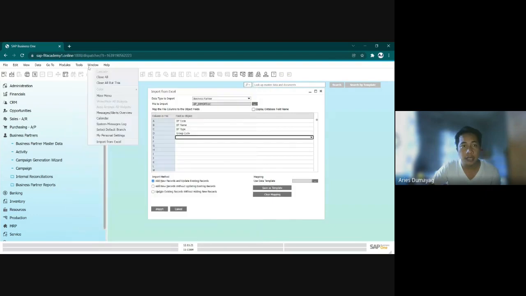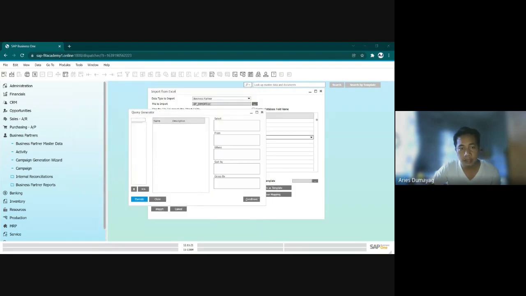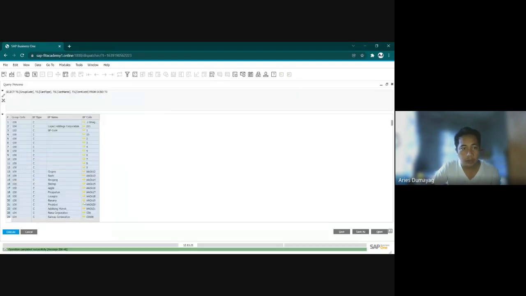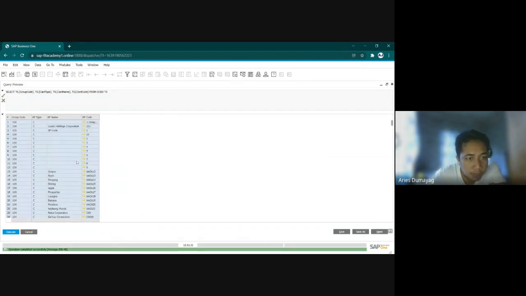No? Sa query generator naman, ano ba yung ginamitan ng query generator? You select the code, okay, which is, I think OCRD tayo, no? Ayan. So, BP code, tapos BP name, tapos card type, at saka group, no? Asan ba yung group? Ayun, group code. Okay, execute. So, hanapin natin si Ray Abnormal at saka si